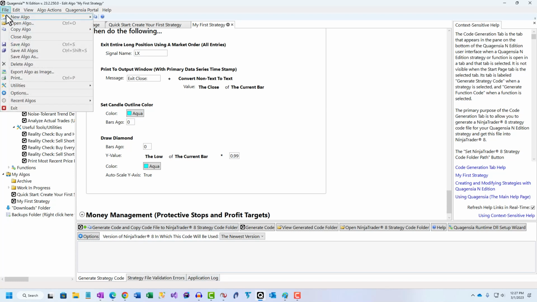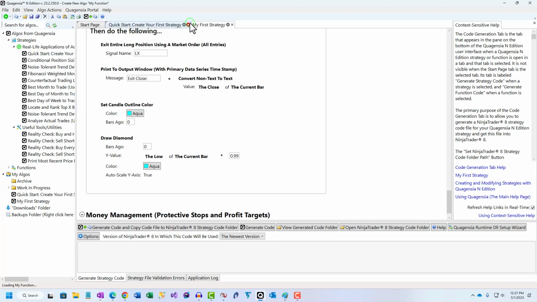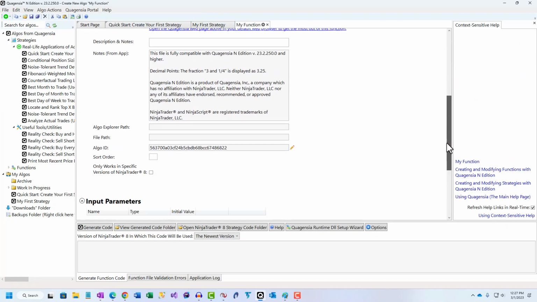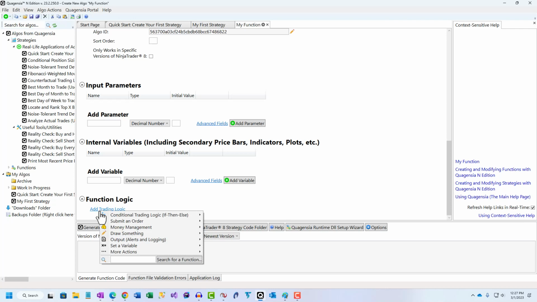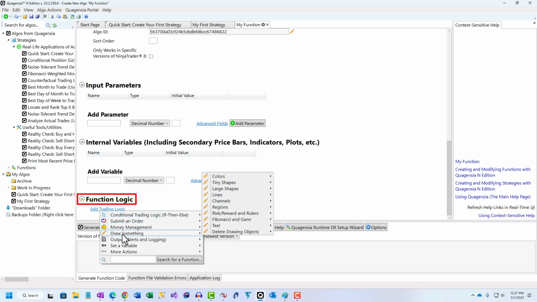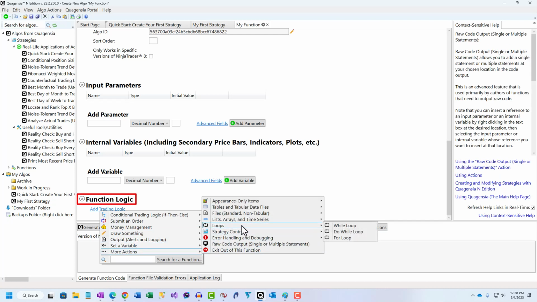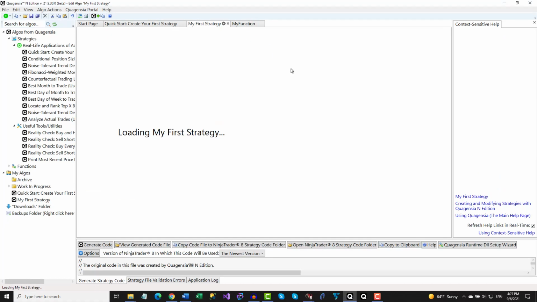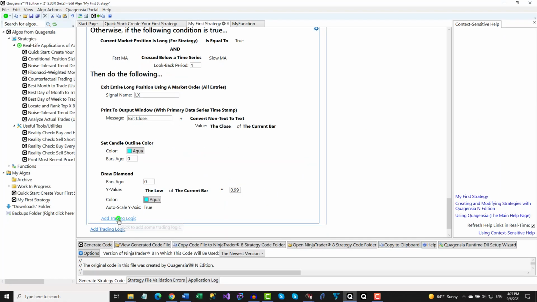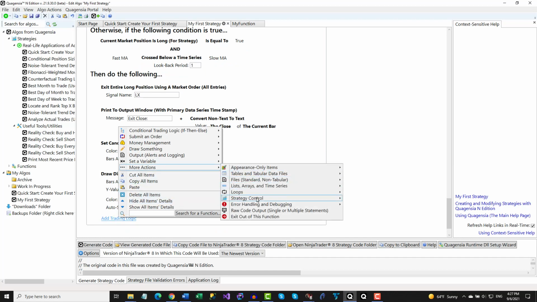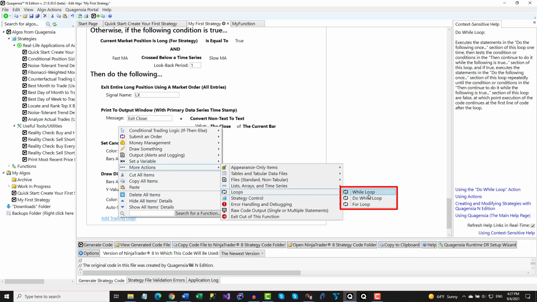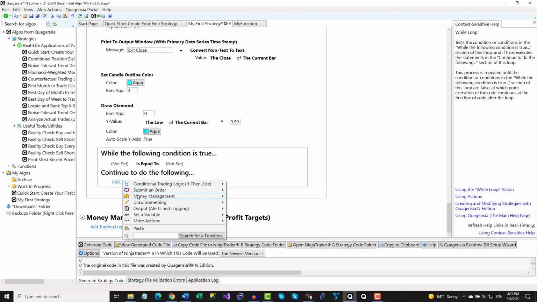For instance, while some codeless strategy builders don't allow you to extend their functionality by creating your own functions without code, Quagentia makes this easy and even lets you create functions that call other functions that call even other functions, which allows you to build an increasingly powerful library of trading logic components that grows with you. Also, while most codeless strategy builders don't support loops, Quagentia makes it easy to create multiple types of loops without code, and you can even create loops inside of other loops.